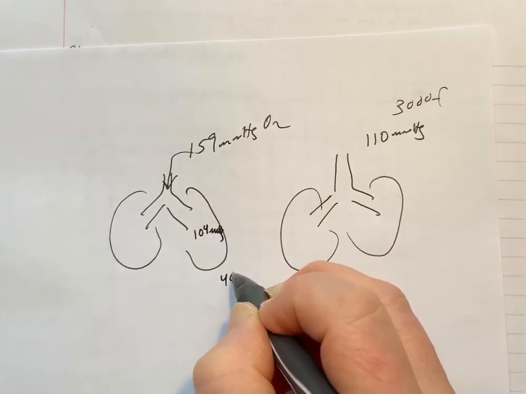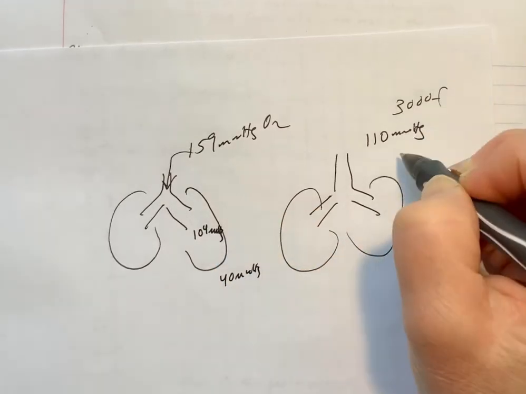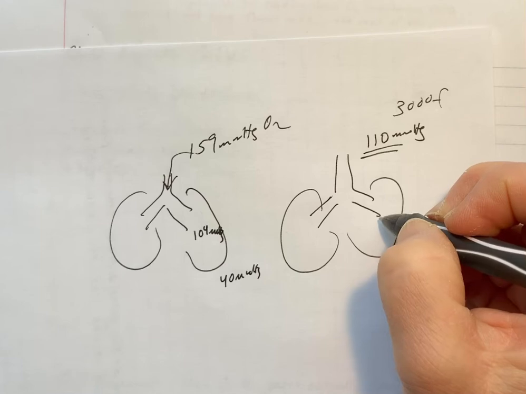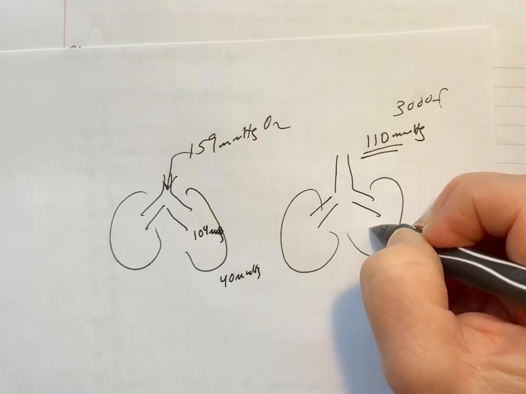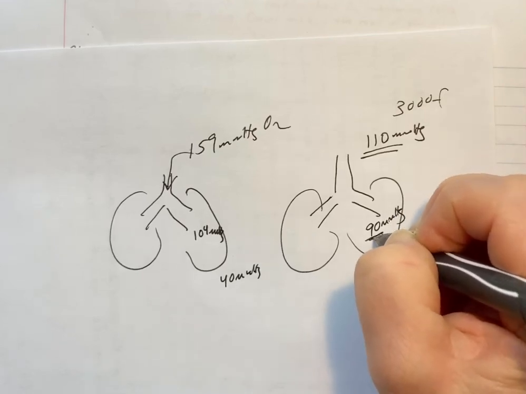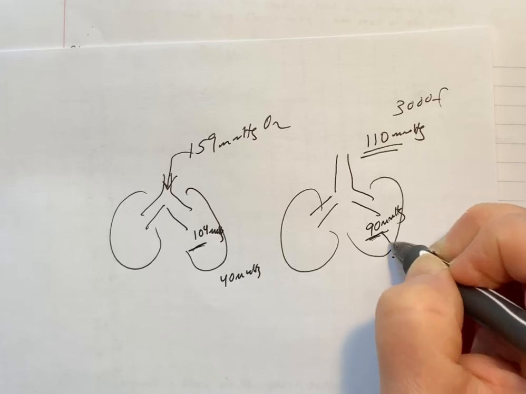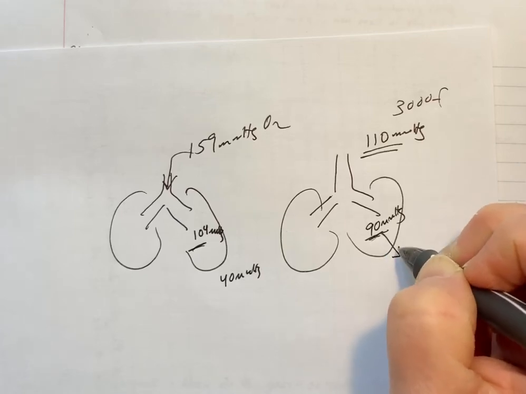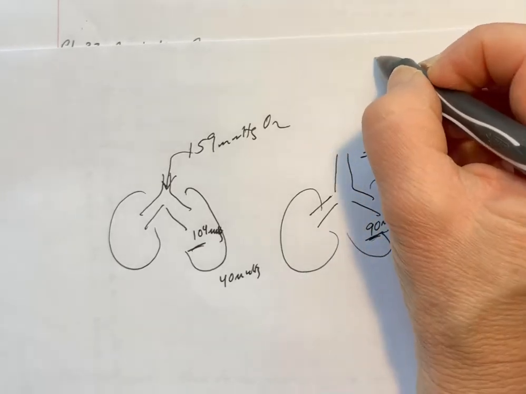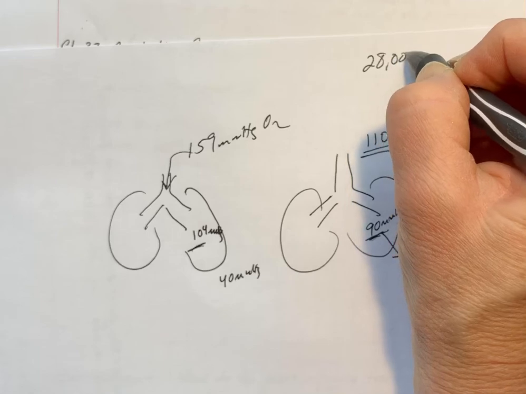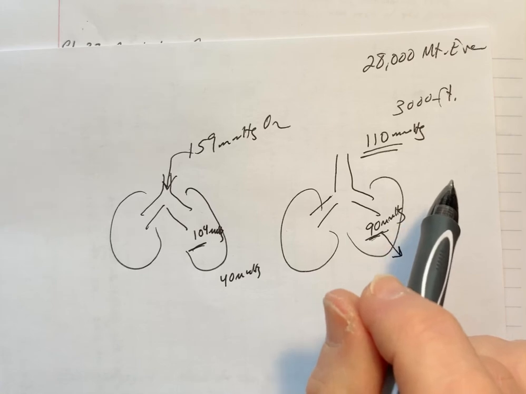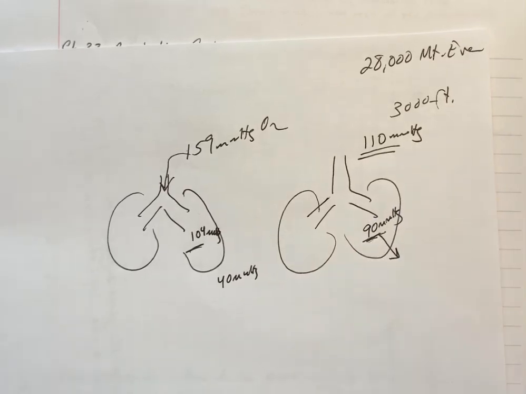And that the oxygen coming around it was 40. If you're at 110 coming in, this could drop to, I don't know, maybe 90 millimeters of mercury. So that is not as high as 104. So less oxygen will diffuse across. Then think about Mount Everest. That's 3,000 feet, it's at 110. I'd have to Google it, but at 28,000 feet, that's how high Mount Everest is, there's not going to be enough pressure of oxygen in the air to cross over.